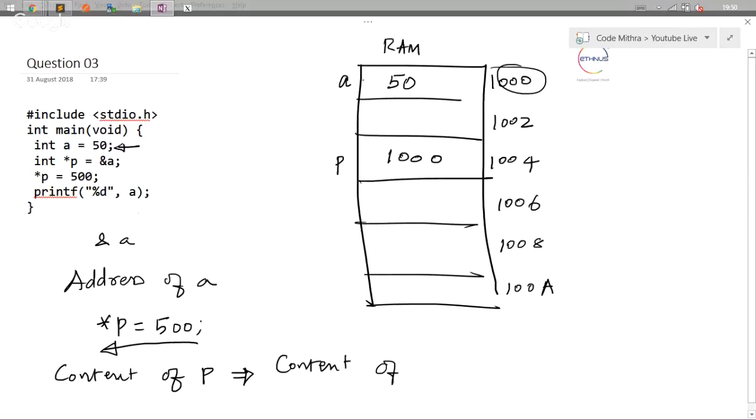okay. So let me try to rewrite what this is. So a means 50, p means 1000. So content of 1000, which is going to be 500, right? This is what this statement says. Star p equals 500. What it means is content of 1000 should contain 500. So please find the location 1000, and whatever was there in that, please erase that and then write 500 in it,